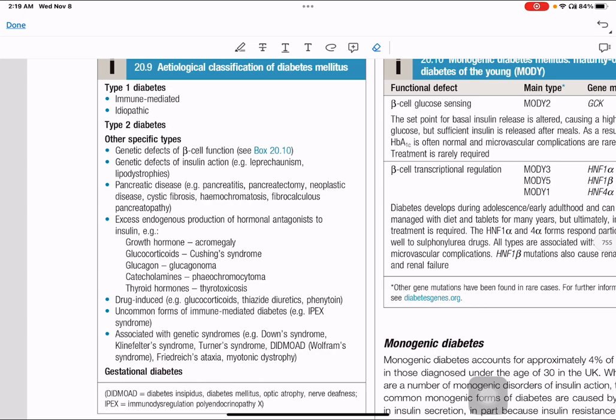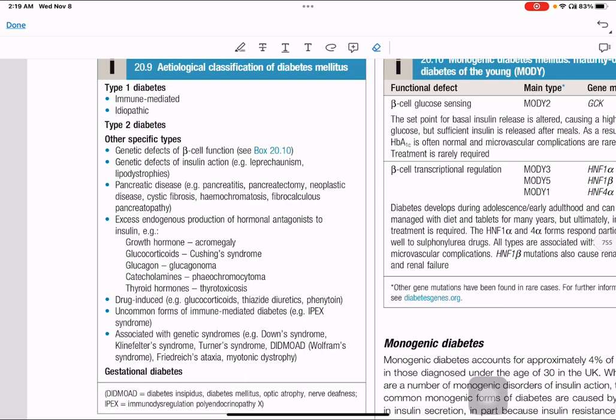Some drugs sometimes can also lead to increased blood glucose level, like steroid, thyroid hormone, diuretics, phenytoin. So these drugs can be a cause of diabetes mellitus. And genetic diseases like Down syndrome, Klinefelter syndrome, Turner syndrome, myotonic dystrophy can be a cause of diabetes mellitus. So when you get a patient of hyperglycemia, the cause should be checked either at the time of the diagnosis if the patient is stable, or later on after stabilization or resuscitation if the patient is